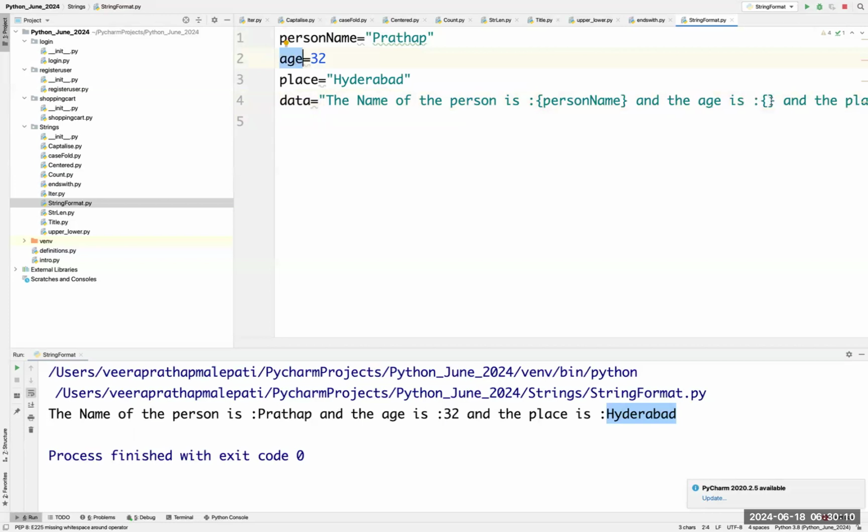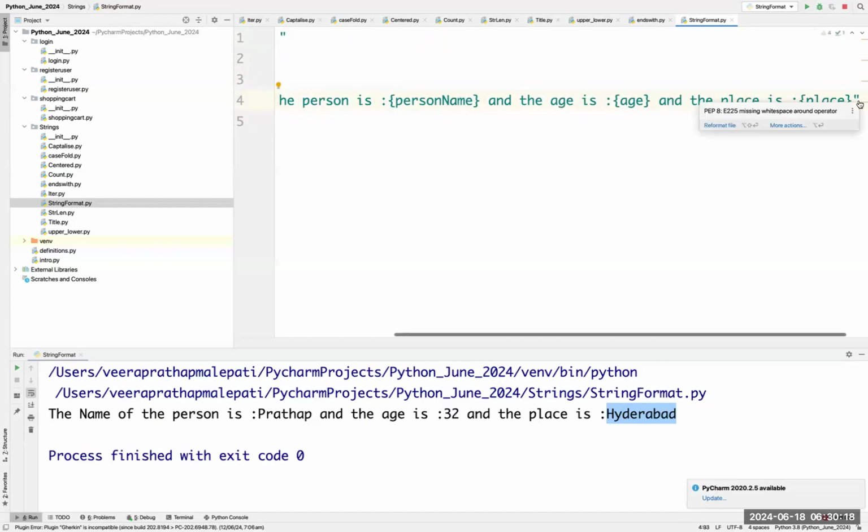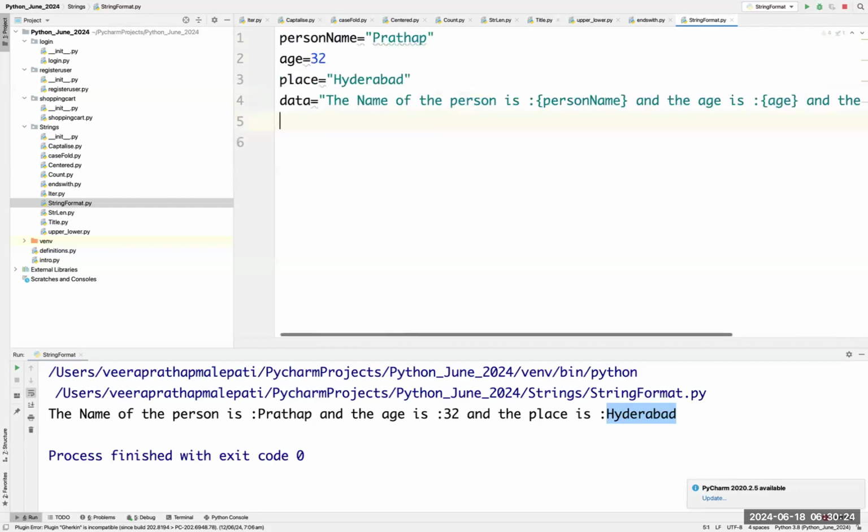Age equal to age, place equal to place. Now see, I placed the entire string here, right? Now see, output equal to